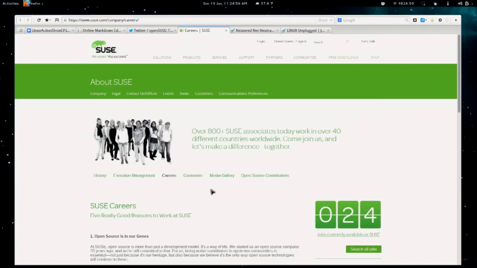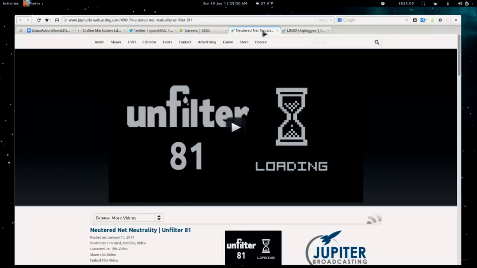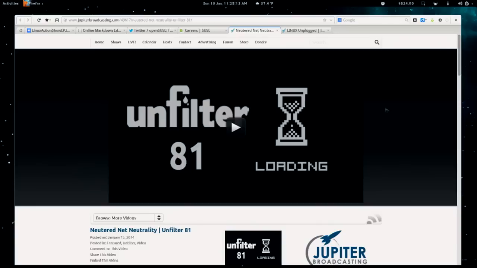Yeah. Speaking of the internet and jobs, Verizon's doing a job on the internet right now. They have successfully won a case that has neutered net neutrality. This is a majorly important issue. It could have massive ramifications for open source projects and Linux, not to mention internet freedoms. So I really recommend you go over to jupiterbroadcasting.com and listen to episode 81 of Unfilter, Neutered Net Neutrality, where we break down what just happened and why it happened, who's behind it, and what's likely to change,